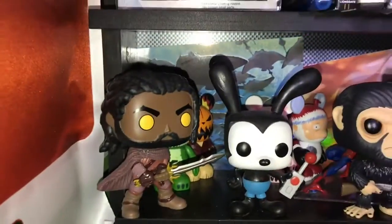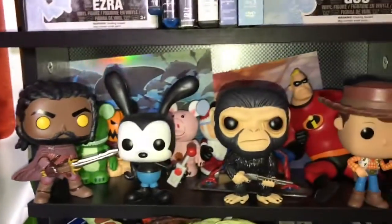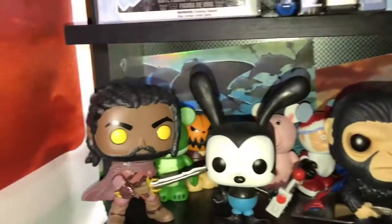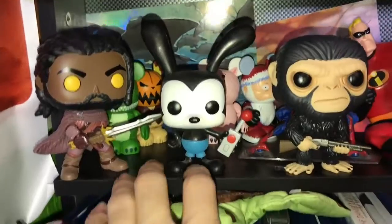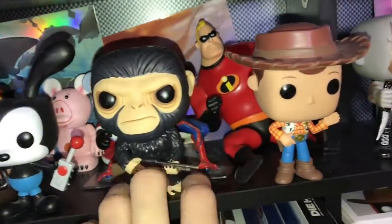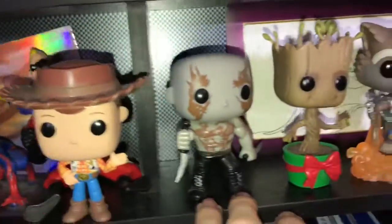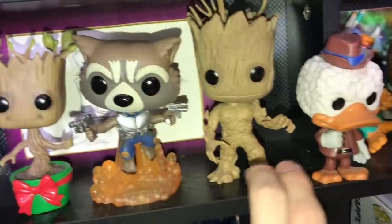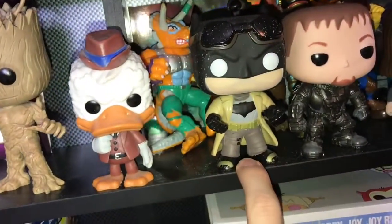And of course, the last thing I like to show is that this is what's behind me. These are the pops that I've opened, and some of them I regret opening, but whatever. Hei Hei, I love Hei Hei. Oswald the Rabbit, I love this. I need to get the Epic Mickey version of him. Caesar right here we got. We also got Woody, Drax. You got little baby Groot, Rocket, Groot, Howard the Duck, Dark Knight,